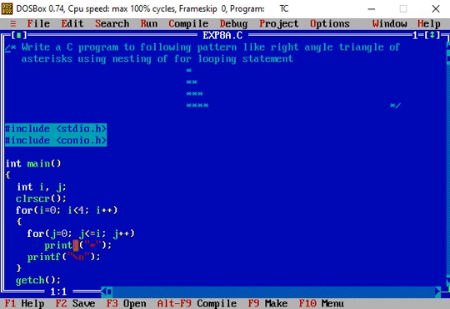So control comes out of the inner for loop, and then the printf statement brings the cursor, which is present at the right side of the second star in the second row, to the beginning of the third row. Then the value of i is incremented. So this value becomes equal to 2. So 2 less than or equal to 4. Again the condition is true. When the condition is true, again the body of the outer for loop is executed.